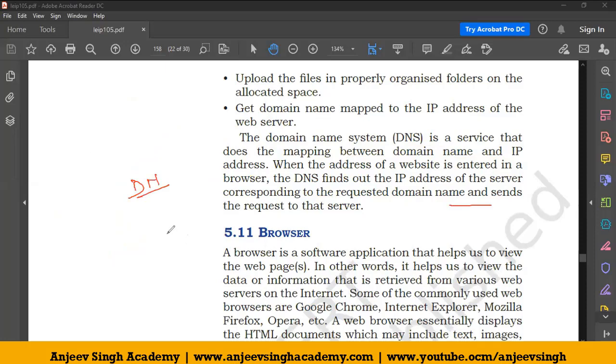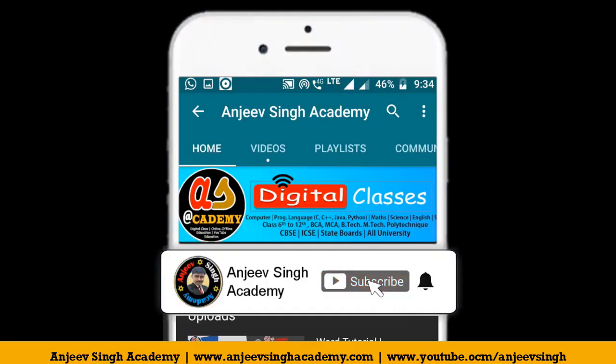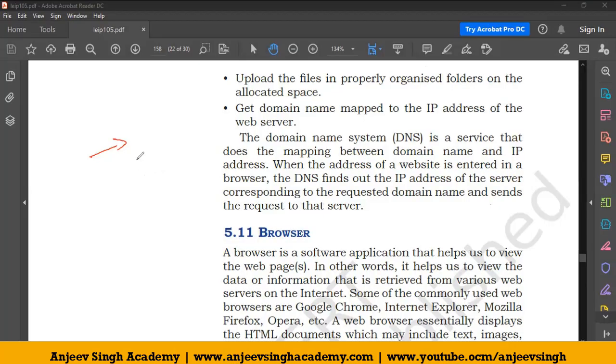This domain name is converted into the IP address, and this is normally done by your internet service provider, and most of the time also by your browser, because your browser also keeps the records. Initially the browser does not have any information regarding the IP address of a particular domain, so it asks the internet service provider. After getting the information, your browser manages everything and keeps the history. Whenever next time you try to access your website, first your browser is going to find out the